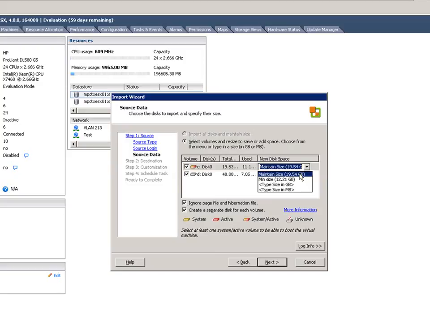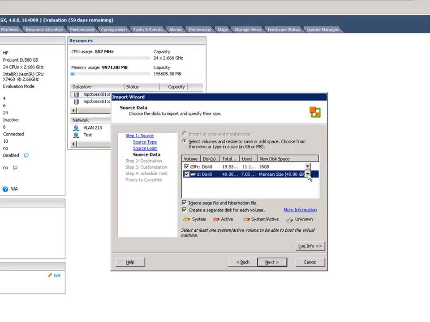So you can maintain the size of 19.54. The minimum size that you can import is 12.21, or you can customize a size that you want to import. So let's say the minimum that you can import is 12. Assuming 12 is the used space, you can import 12, or you can leave some leeway. So you can add some space. So you can say, for example, here I want to import this as a 15 gig hard drive,